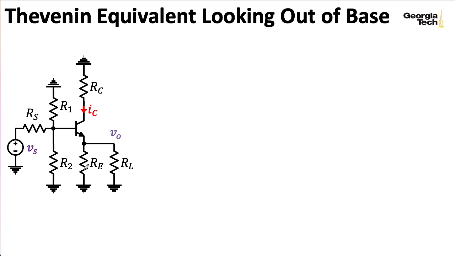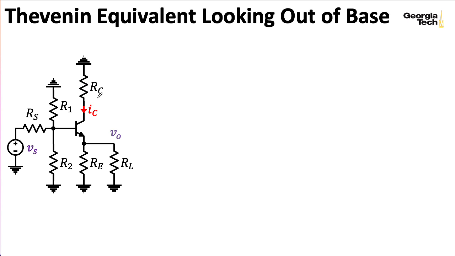So I'm going to solve for the gain by using our Thevenin equivalent circuit we compute looking up into the emitter of the small signal model. For that, we need to compute the Thevenin equivalent looking out of the base. It turns out that we don't really need any sort of equivalence looking up on the collector side. And in fact, you'll see that RC doesn't appear in any of the formulas that we will derive in later